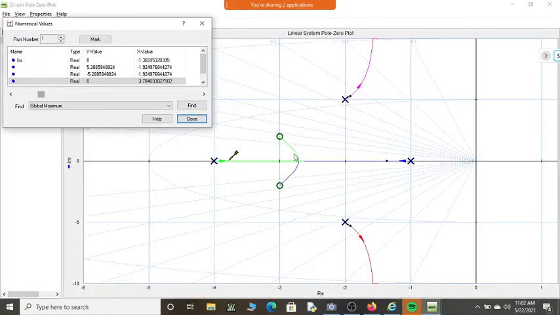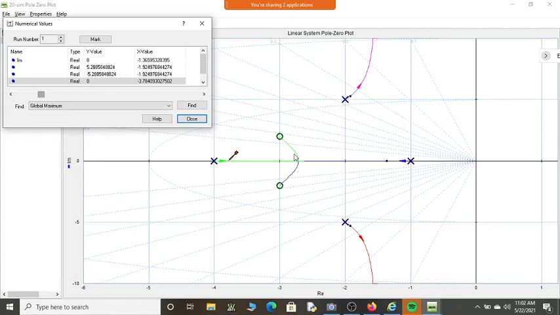Here, of course, you can also find the breakaway point, because the poles are coming in the opposite direction. Correct? So how do you find the breakaway point? Find the value of k, look for the value of k max. It is between -1 and -4 that you're going to have a breakaway point. You have the expression for k, substitute different values of s between -1 and -4, and find out where exactly it is maximum. That will give you the breakaway point. I just leave this as an assignment.